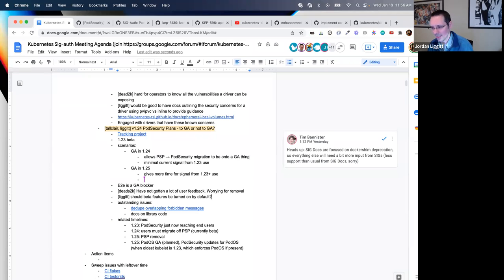Your feedback, I think, the migration aspect, is specifically related to transitioning from PSP to that. And whether we GA pod security in 124 or 125 or later, if PSP is gone in 125, the graduation timeframe of pod security is sort of irrelevant.